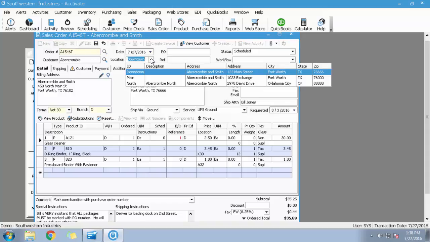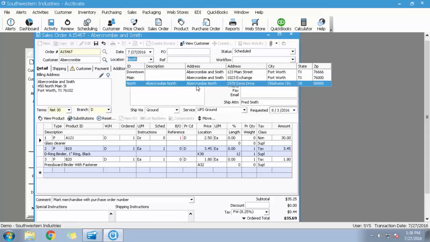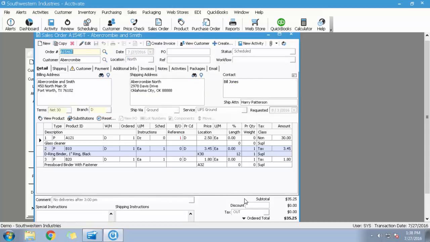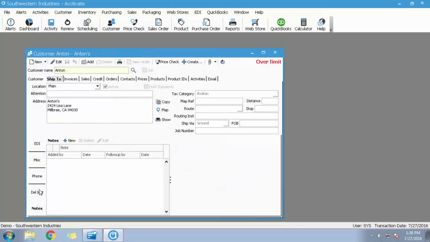Now you can toggle the location, and this location is going to toggle the ship to tax category as well if there's one assigned. I believe these two are in Fort Worth. We've got Oklahoma, out of state. There is no sales tax. So let's go to a different customer. We'll go to Anton, and